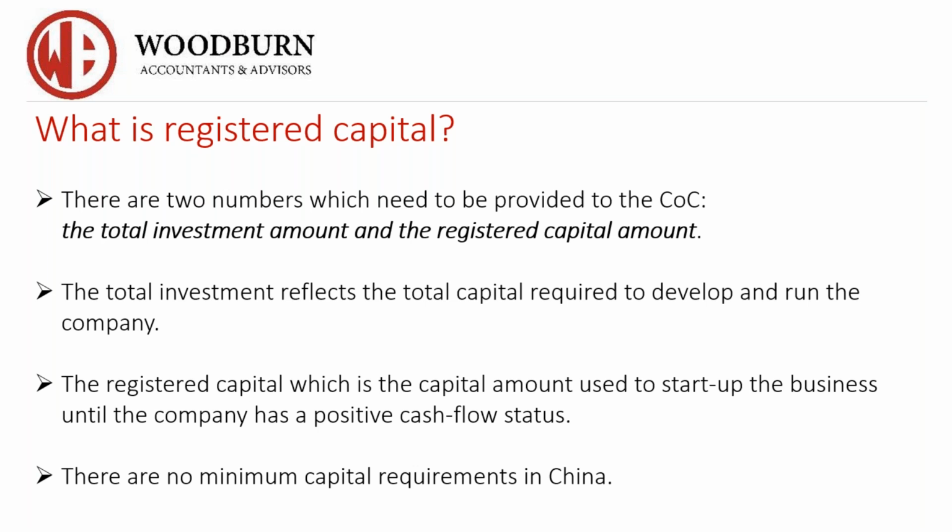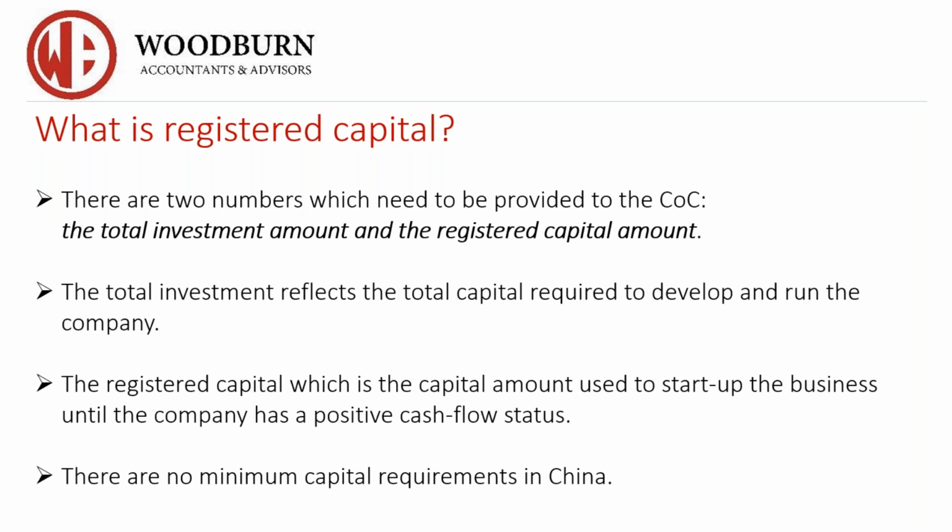Now, before some people object to what I'm saying, yes, under the new foreign investment law, which came out Jan 1, 2020, you're supposed to not input a total investment amount. However, with the incorporations we've done in 2020, we've had to put an amount in. So I'm just telling everyone up front, be prepared, you'll have to put an amount in for total investment and registered capital. What's the difference between the two?